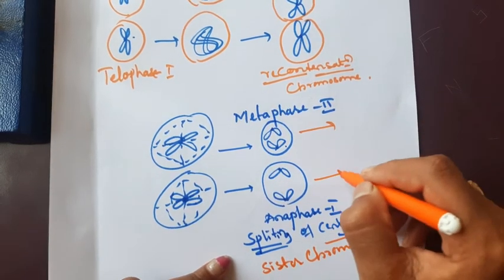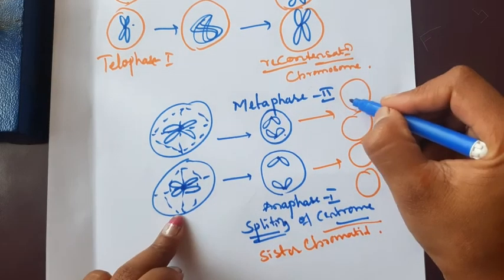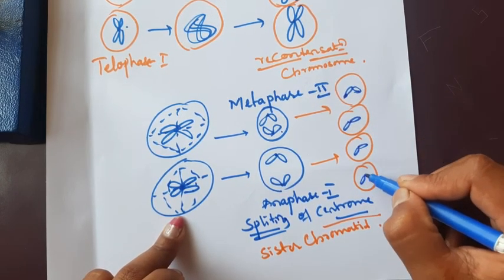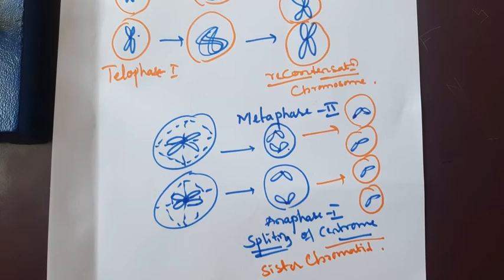Okay. Finally, there is a formation of 4 new daughter cells. Each cell has the bivalent chromosomes. Those chromosomes again undergo the last step, that is telophase second. In telophase second, again there is decondensation of chromosomes, formation of nuclear genetic material or the chromatin, reappearance of the nuclear membrane, reappearance of the nucleolus, everything the same as in